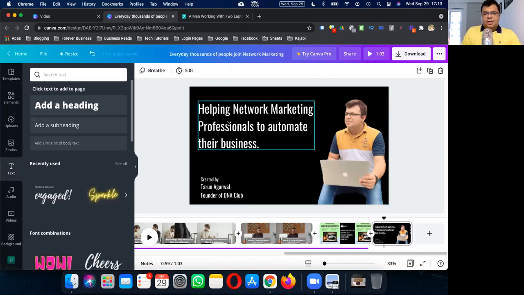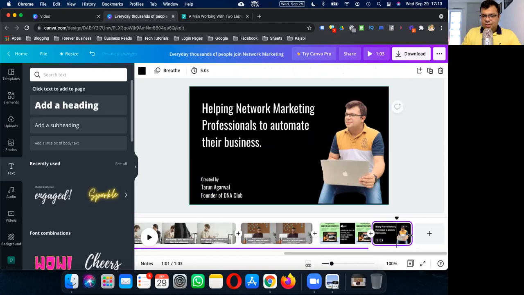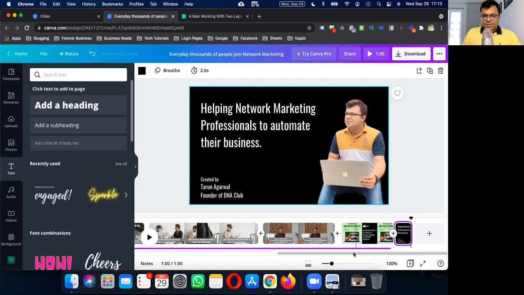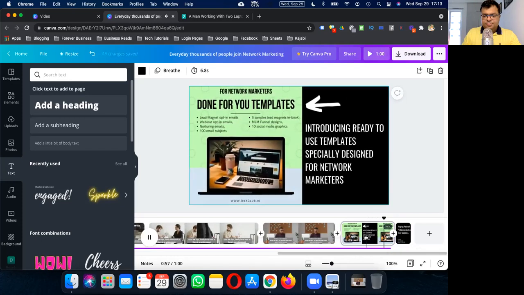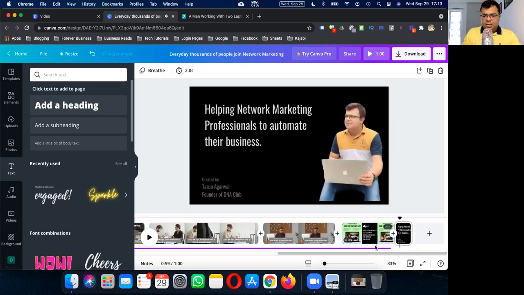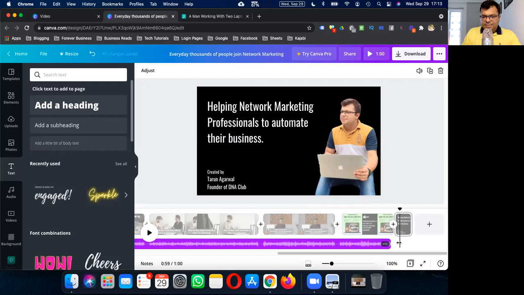Okay, got it. So this is at the end I want to show, and I can cut it to only 2 seconds. So for this audio file, I have to click on this purple audio, and then expand it till the end, exactly 1 minute.